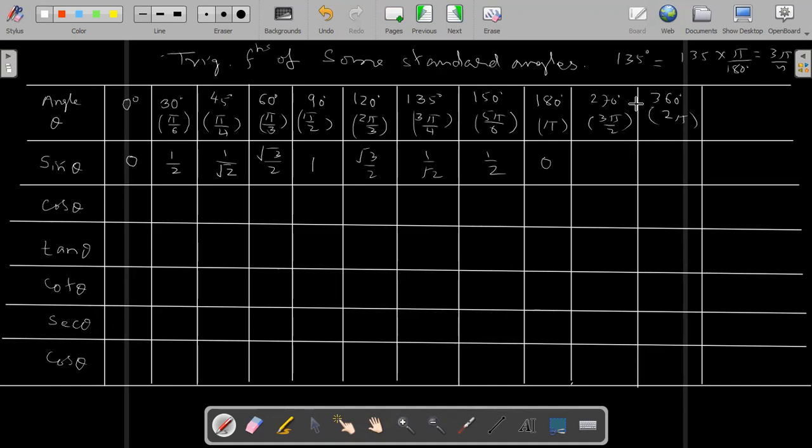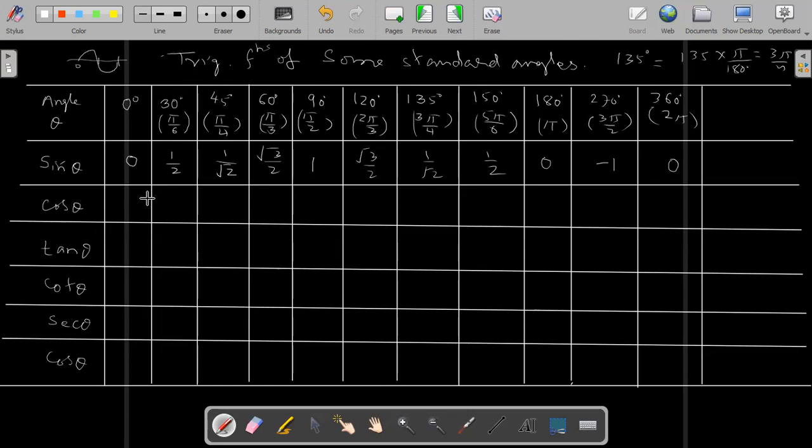270, I will tell you how to find any degree. We can find now 1080, any degree we can find out, but for that we have to study one more thing. Okay. So 270 degree, from 270 degree this will become negative, and 360 degree again 0, because sine 0 degree is 0. When you see the graph of sine it is like this, sine 0 degree 0, then 180 degree 0, then 360 degree 0. That we will also study separately.